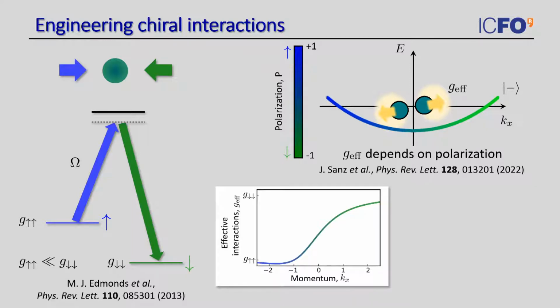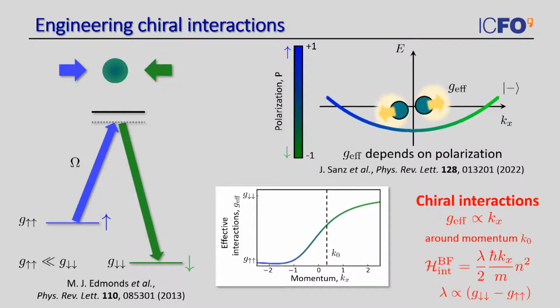That means that if you go to large negative momentum, then you are going to be mostly in the up state, so the atoms are going to interact with this g_up interaction strength. If you go to large positive momentum, then the atoms are going to interact with g_down interaction strength, and then in between, they will get an interaction strength that interpolates smoothly between the two limits, and you see that in the central region, it's in very good approximation linear, and that's how you can engineer the chiral interactions that you want. And this gives you exactly the chiral interaction term that you need, and you can even adjust the slope of this curve just by choosing wisely these two initial interaction strengths.